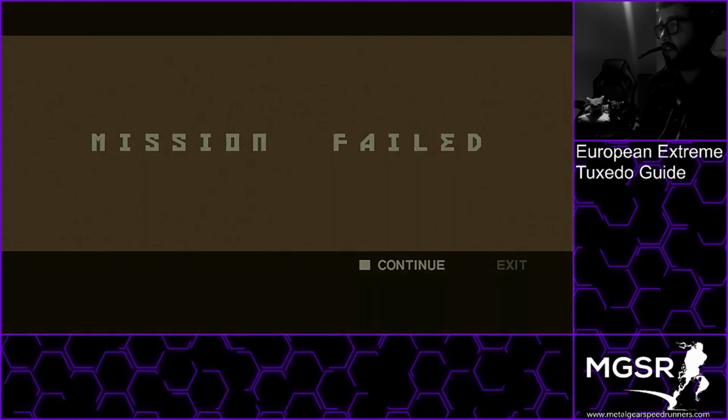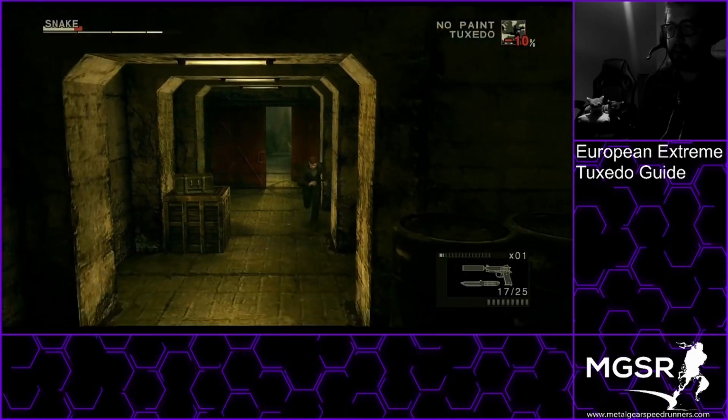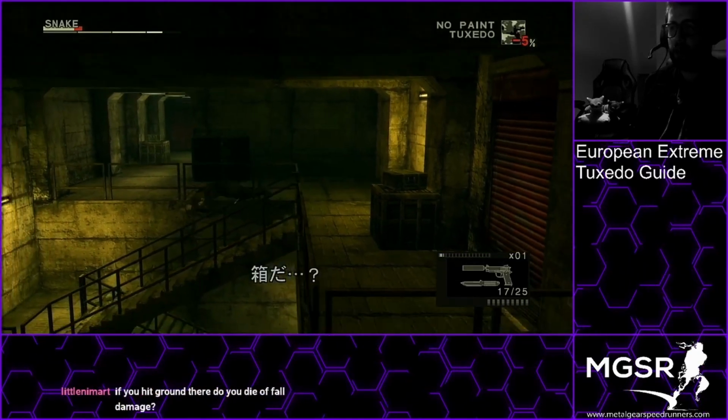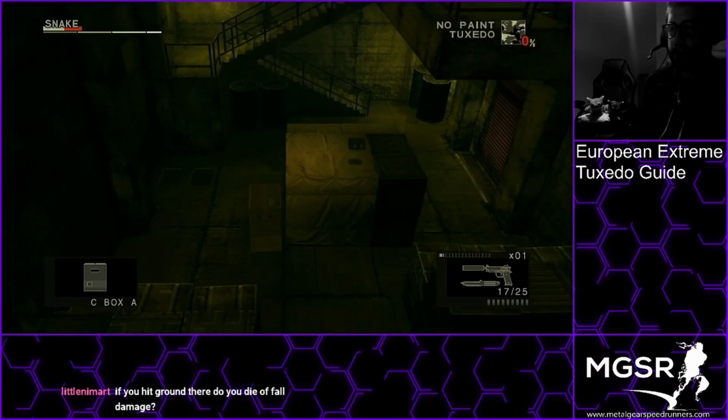I am going to go through the easier ways to do this room as well, but it's so hard to do and say at the same time. When you're first learning, your control of Snake won't quite be right to do this in the first place. Now we're going to box headshot this guard